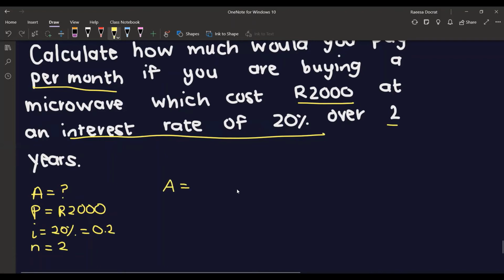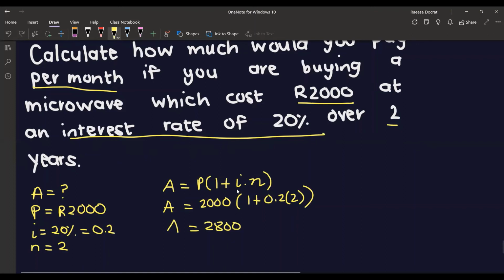So then what we're going to do is calculate the accumulated value of the microwave at that interest rate and for that period of time. So we get 2,000 Rand times (1 plus 0.2 times 2). Calculating this, the accumulated value of the microwave would be 2,800 Rand. So over here, you are not making this payment once off. You're going to pay this amount over the 2 years. So the monthly payment